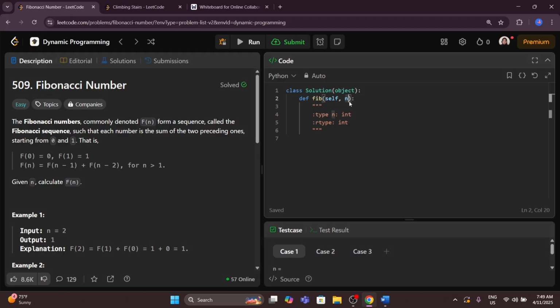I will use a dictionary. For example, I can use a dictionary named memo. Okay, and here I will check the base condition, like if n is less than or equal to 1, that means we can simply return n, right? Otherwise, we will check if that n is in this dictionary. Then we do not need to calculate again, right? So here we can check something like this: if n in memo,